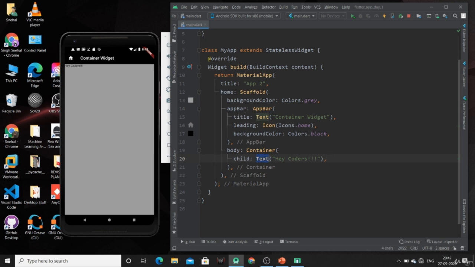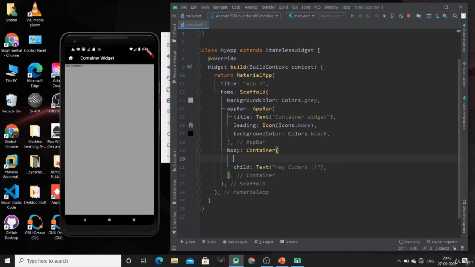By default it is at the top left corner of our page. So this is the position of our container. As we haven't changed the color of our container, it will take the background or scaffold color by default.